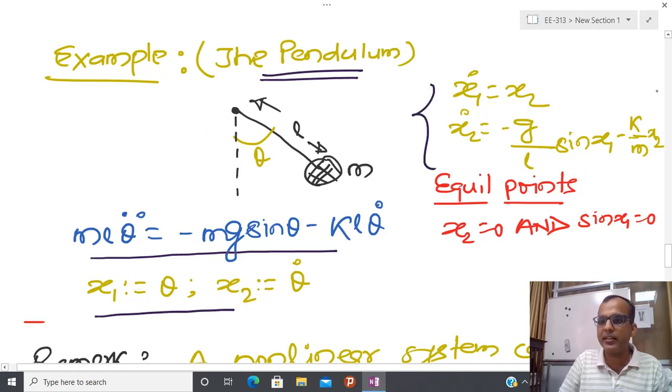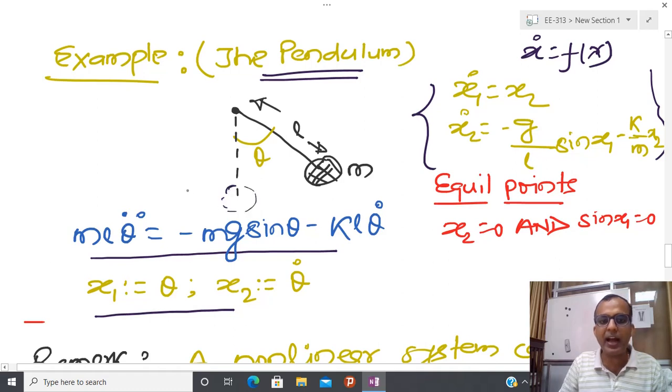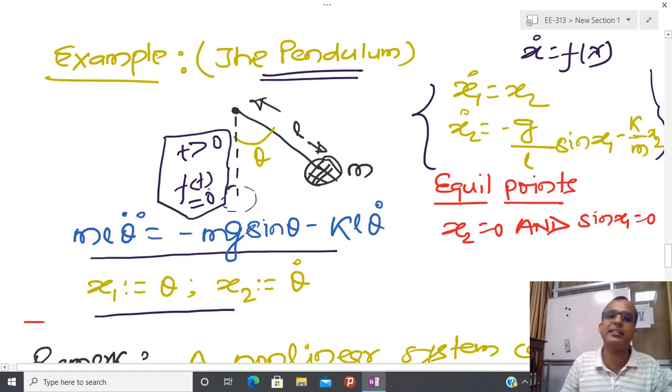This is the state space representation. And in order to calculate the equilibrium point, I have to put x1 dot equal to 0 and x2 dot equal to 0, because this system is represented like this, x dot equal to f(x). So please see here that I am assuming no external force is acting. It might be possible that initially I have applied some force f(t), and after that, once t is greater than or equal to 0, I am going to keep this force equal to 0.